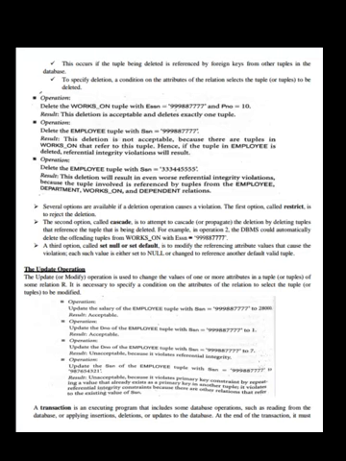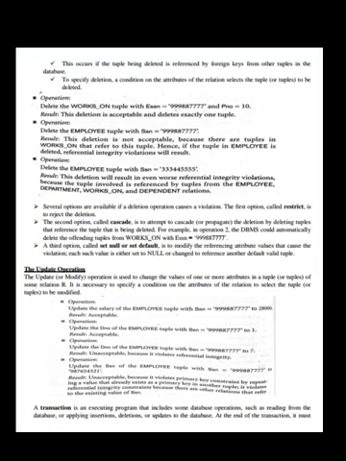A third option, called set null or set default, is to modify the referencing attribute values that cause the violation. Each such value is either set to null or changed to reference another default valid tuple. The update or modify operation is used to change the values of one or more attributes in a tuple or tuples of some relation. It is necessary to specify a condition on the attributes of the relation to select the tuple or the tuples to be modified.